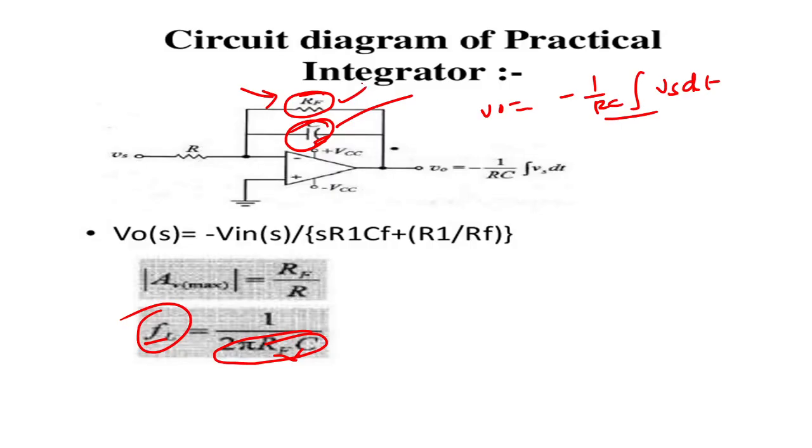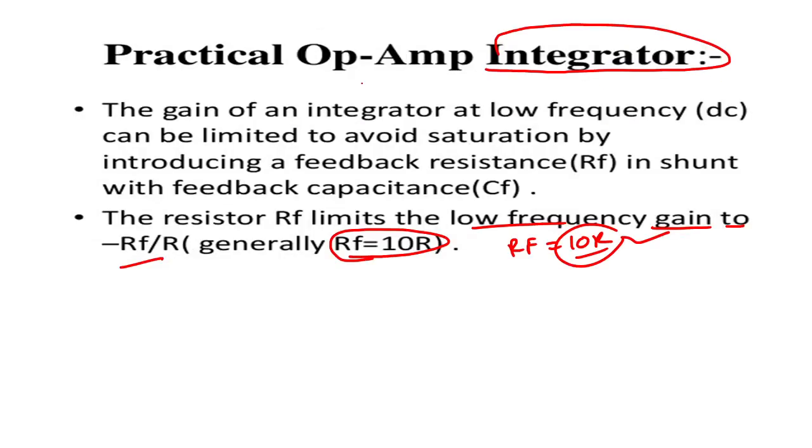Okay, so till now we have seen the integrator circuit with its application as a low pass filter, and what exactly is meant by a low pass filter. Some disadvantages in the integrator circuit are overcome by the practical one. We put the practical RF in parallel with the integrator circuit to avoid saturation, and RF is in feedback with the capacitance CF. So this is all about the integrator circuit.